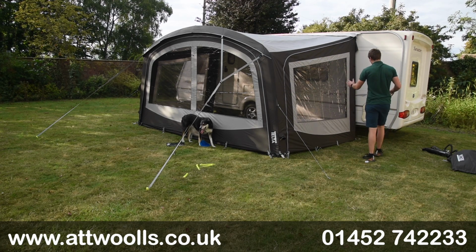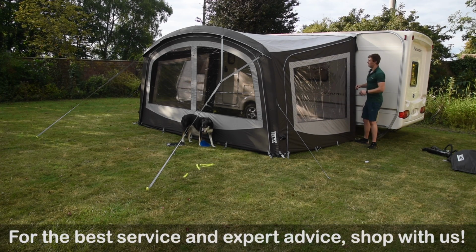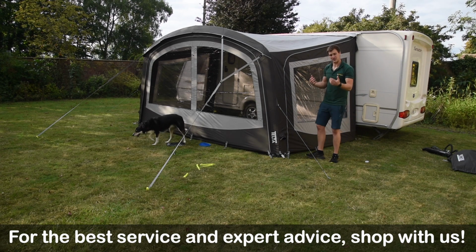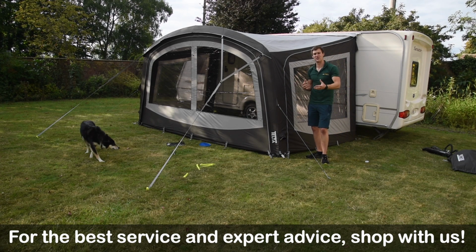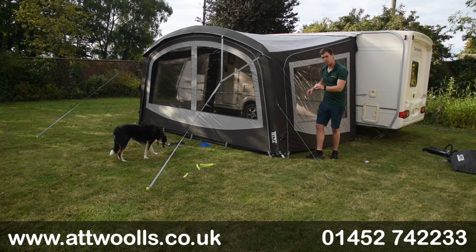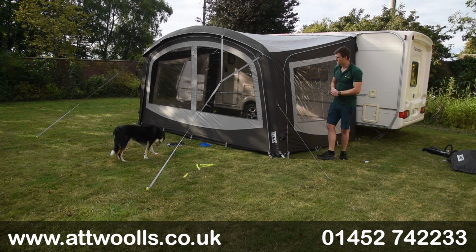Sits really well. At this point, what we can do is put our rear pad poles in, which you buy additionally, and get it really nice and tight on the side. But in whole, very quick, very easy. But I guess it's the lack of strenuous effort or the multifunctionality of it. You can see at each stage how much time it took me to do. It's probably a little bit longer the first time you do it by attaching the ladders and that sort of stuff. But on a whole,